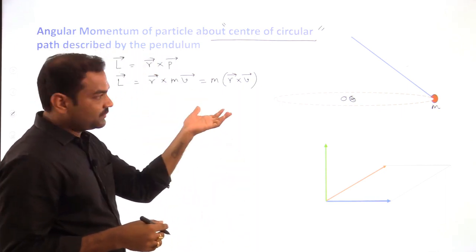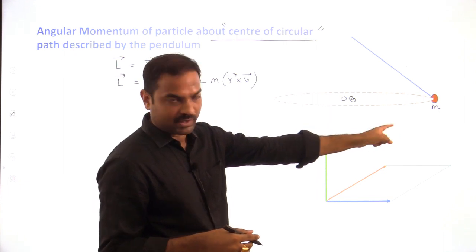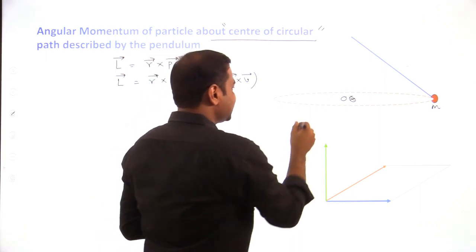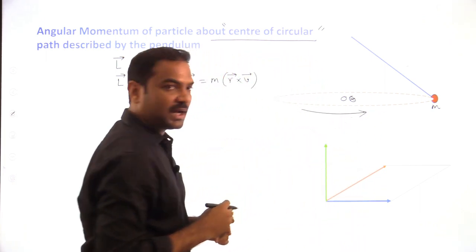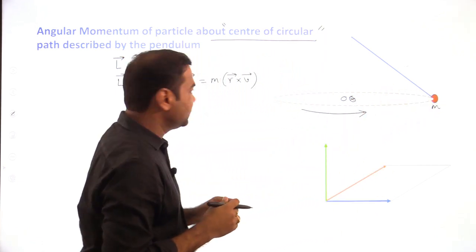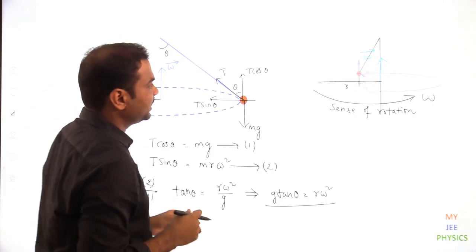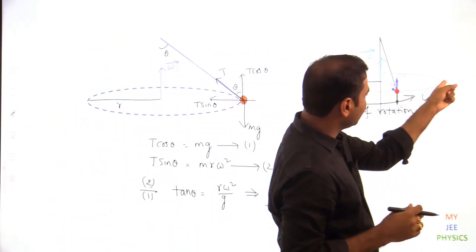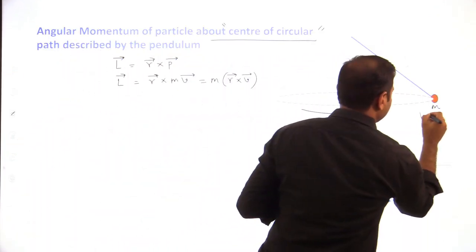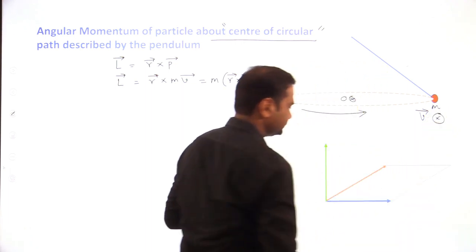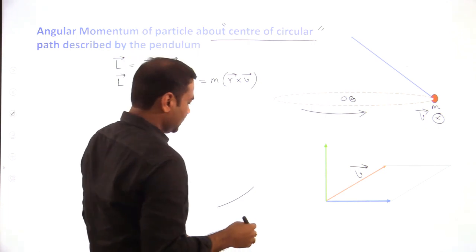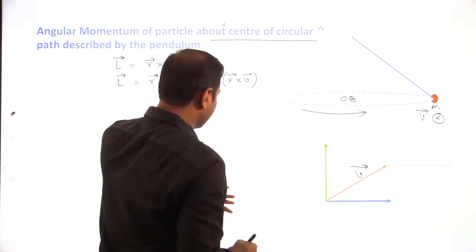Now I am going to apply this formula to what I require. About point O I require the angular momentum. Now let us say this is the sense of rotation. As it is the sense of rotation, I am taking the end point as coming out of the board and going into the board. You can see that part over here. Similar principle applies here, so the velocity vector is into the board.